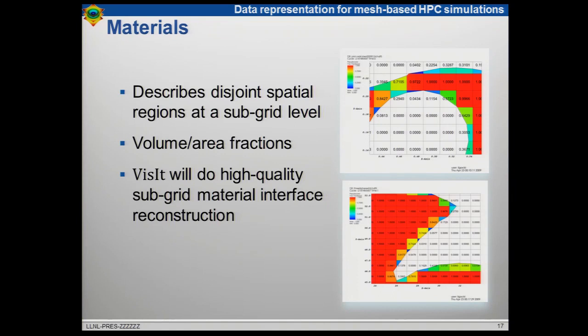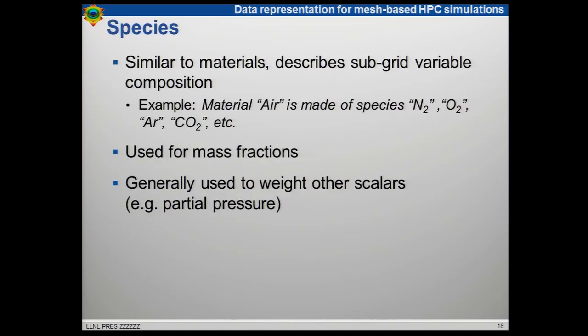So this can be done perfectly well with VisIt. An example, in chemistry, is where a particular material like air is composed of many gases, so N2, O2, argon, CO2, etc. You can have all those different species as percentages of the full